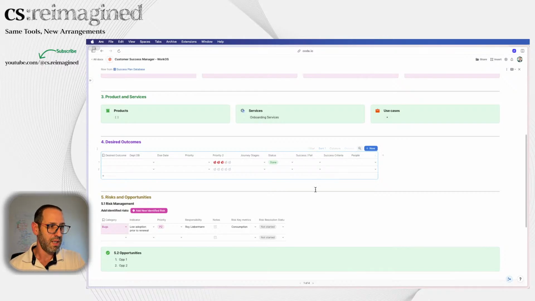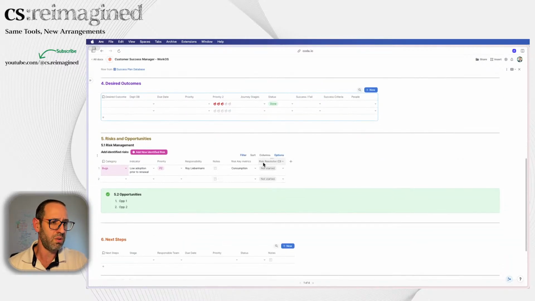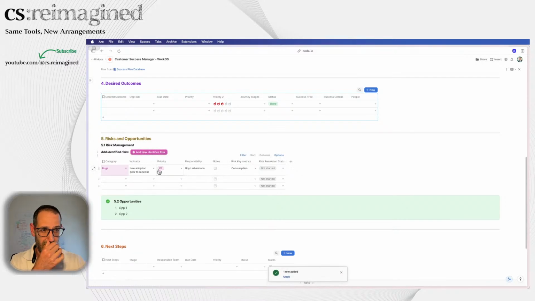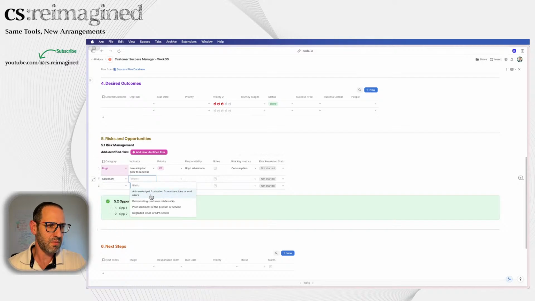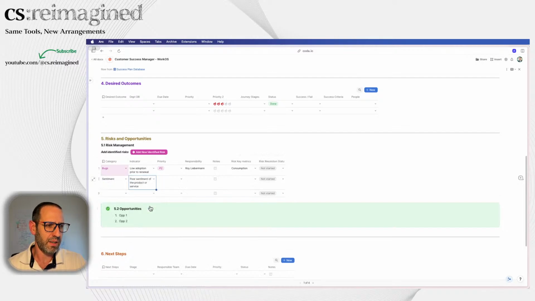So this is also a very important aspect to look at, from risk and an opportunity. Risk management is extremely important and crucial to add to almost any plan that you create. And the way to register it, you have 2 ways: either to just create a new one, look into the categories, and let's choose one, sentiment, and choose the correct one, poor sentiment, and just give it the right